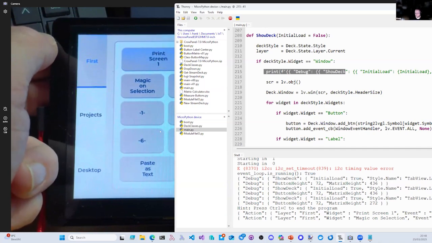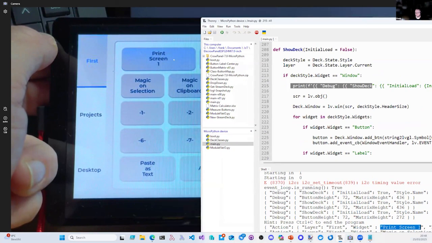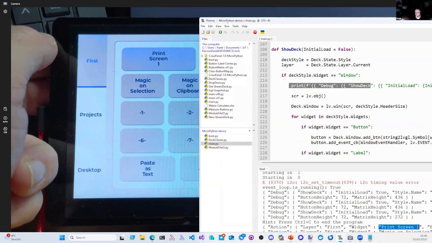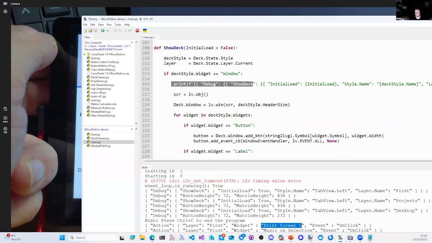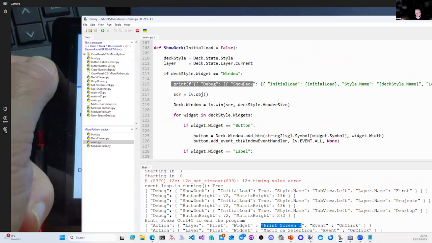When I press the button on the first layer, the widget prints green, which is simply the label of the button. And this is sent as an on-click event